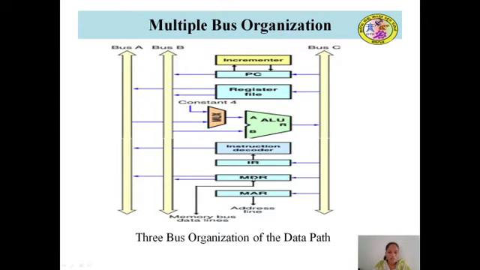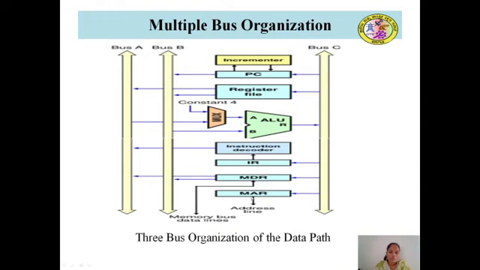Next is the MDR, the memory data register. The content of the memory data register can be transferred to bus A or bus B. Here we need to specify through which bus we are going to send that data, either by selecting bus A or by selecting bus B. Content to this MDR can be transferred from bus C. The MDR is also connected to the memory bus through the data lines.